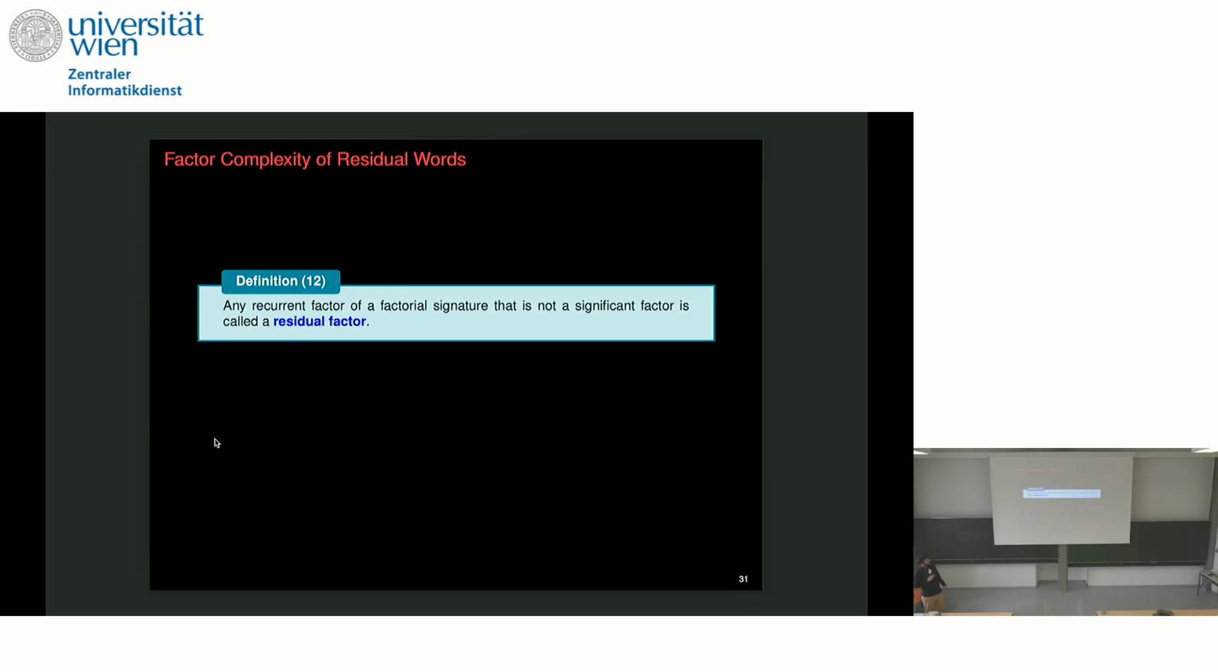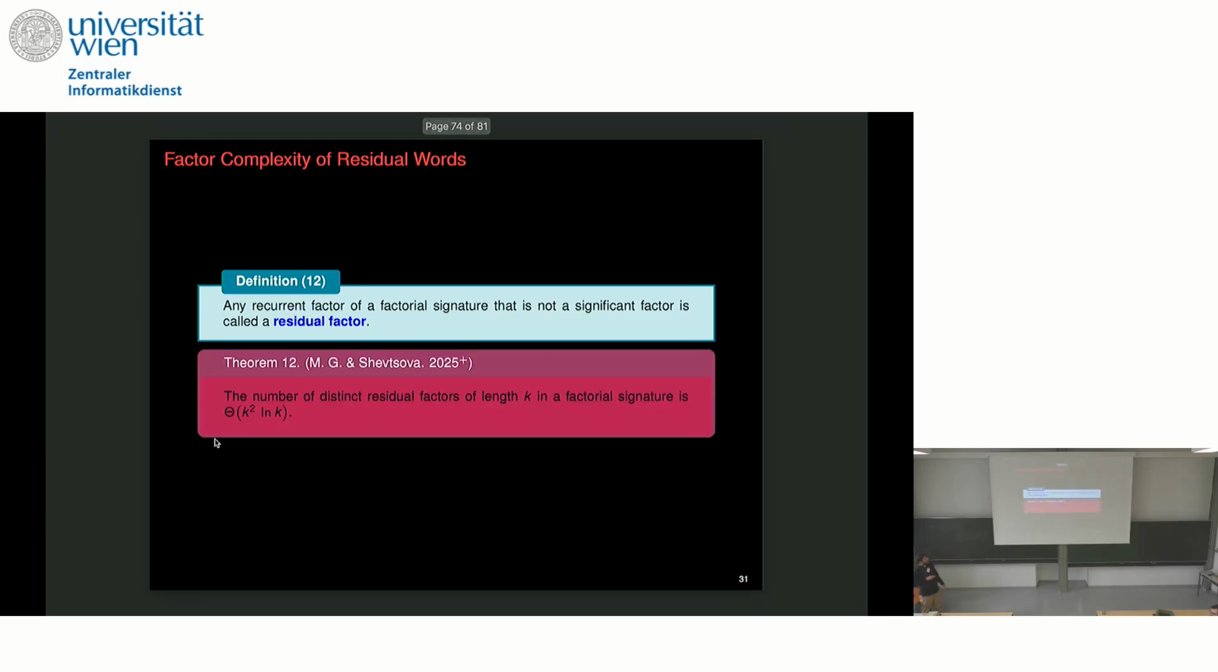Another definition is related to the residual factor. Actually, this terminology was invented by me, and I think it does not conflict with other definitions. So any recurrent factor of the factorial signature that is not a significant factor is a residual factor. And we prove that the number of distinct residual factors of length k